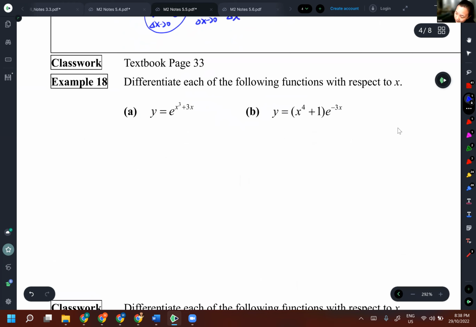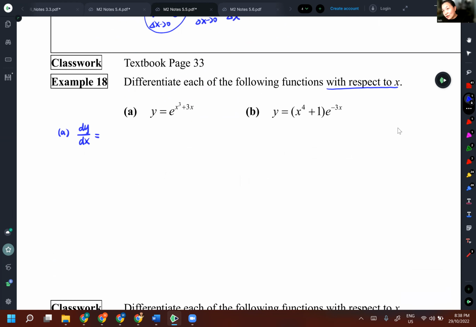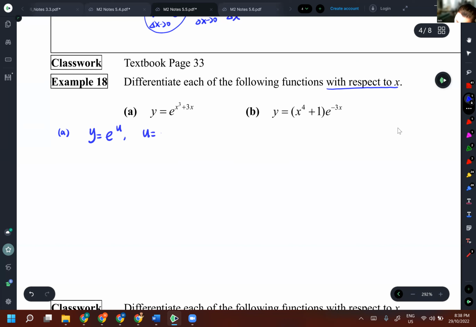Example 18. Find the derivative with respect to x. That means dy/dx. This is e to the power u. So it's e to the power u. For me, this one is slower than this one. y equals e to the power u, u equals